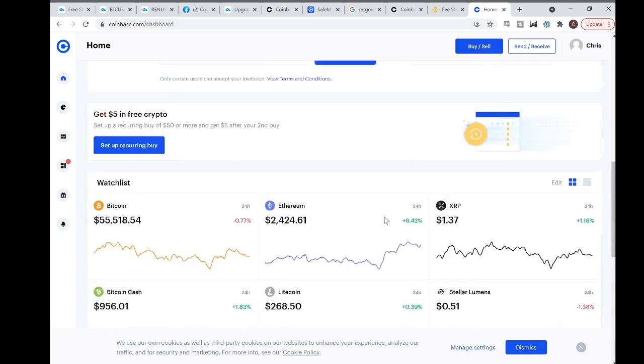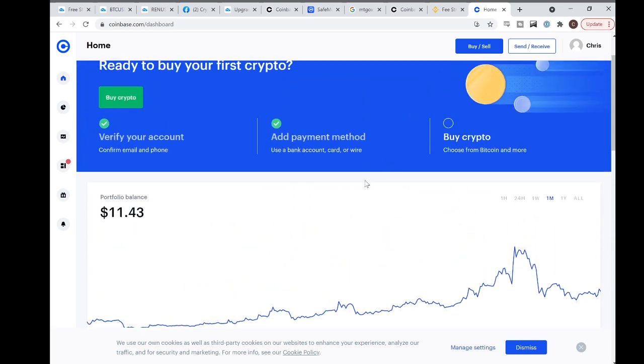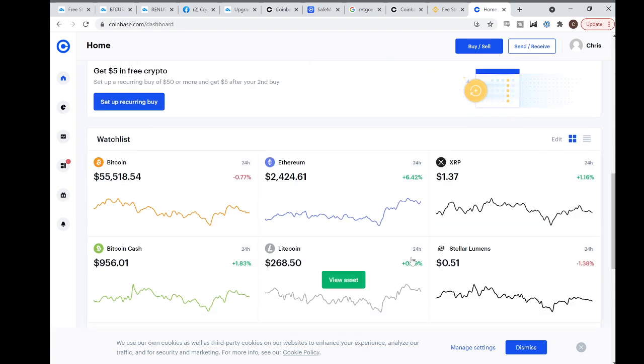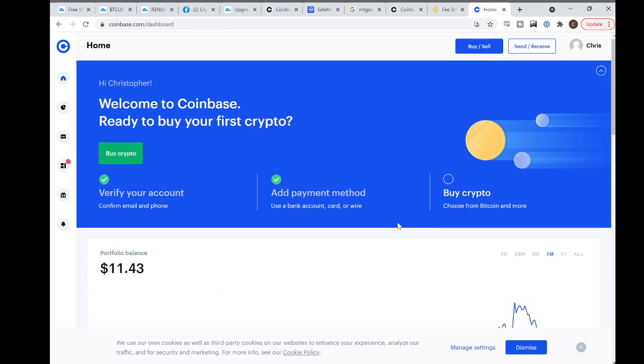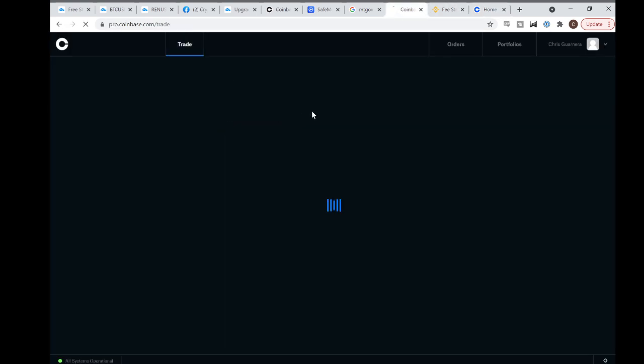If you don't really want to dive into all the technicals, all the trading and stuff, I'm assuming that's not you since you're in this group. But if you're trying to get your grandma involved, Coinbase may not be a bad idea, just because she can go on here and fully understand this, and it makes it very, very easy for her to get started. However, if you look into something like the Coinbase Pro app, this is pretty intimidating for someone their first time,